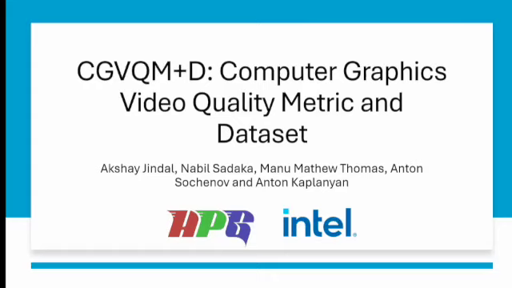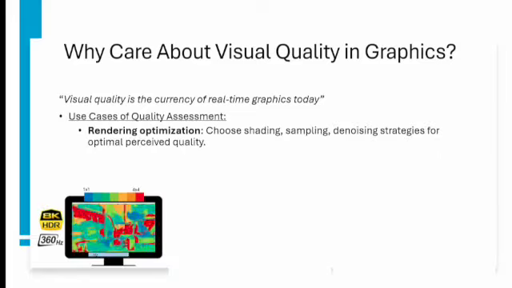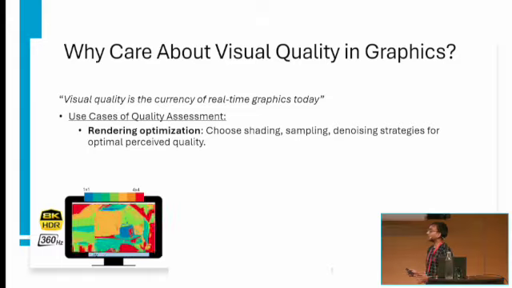Let's dive right in. So let's start with why do we care about visual quality? I'm pretty sure every single graphics practitioner in this room at some point in their projects had come across a situation where they had to trade off between performance and quality. It could be situations like rendering your optimizer. Let's say there's a limit on number of pixels you can shade. So you have to find out which pixels to shade and which not to, so that your visual quality remains